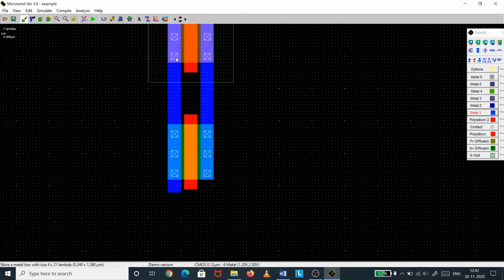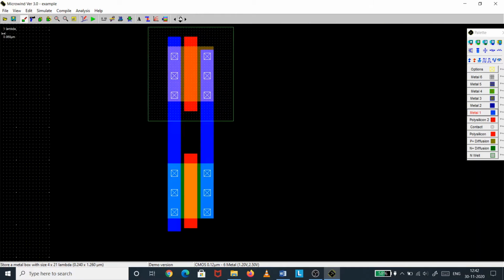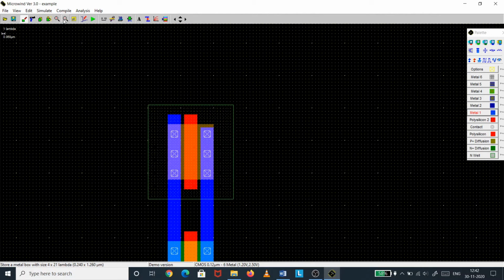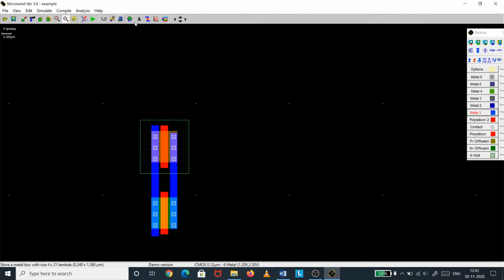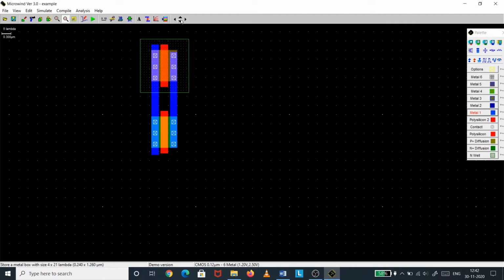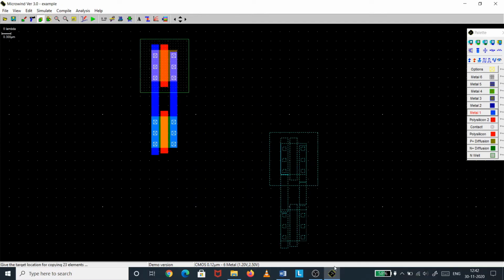Now I will just copy this transmission gate and I will put it here.